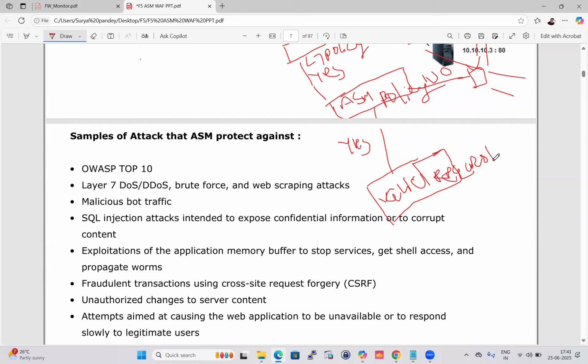It is a valid request. If yes, it is going to be sent to the pool and it is going to be load balanced as per the method configured on the pool level. Okay. If it is not a valid request,